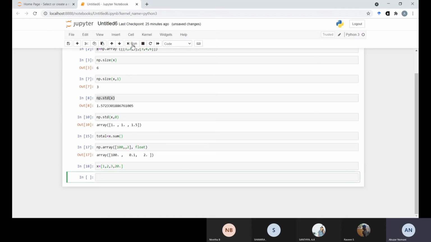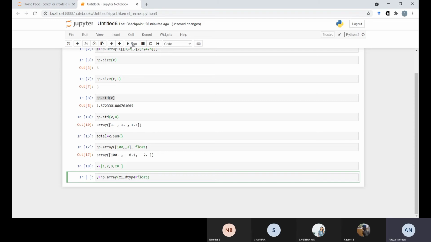How can it convert into float? Now you want to make it a float, meaning a decimal representation, then np.array. x1 is there, only one, so we can put x1 here, then dtype, data type is what?